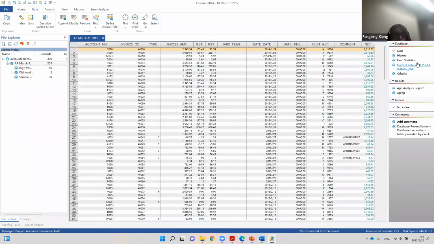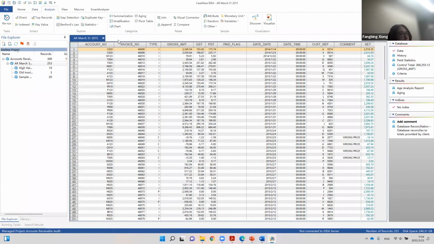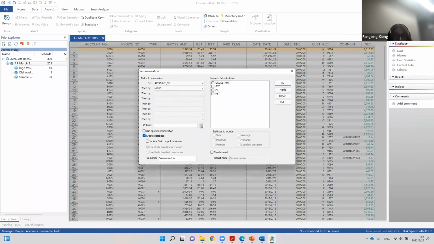Let's try the quick summarization. Although we have the field statistics, sometimes the summarization is not enough for us. So what we do to have a quick summarization or the customized summarization is here, analysis. We click analysis. On this category, we click summarization. And we want to choose the field we want to summarize. Let's see, we want to summarize all of this numerical amount. And we just use quick summarization. If we click this create new database, we'll have a new output here to show you the summarization. And let me rename it as balances by